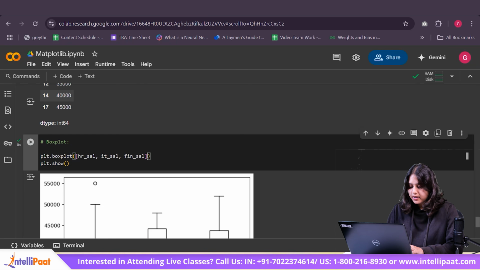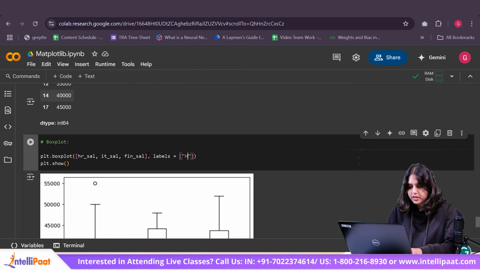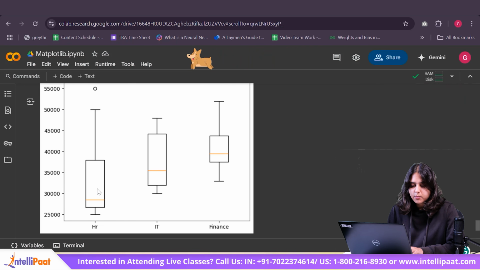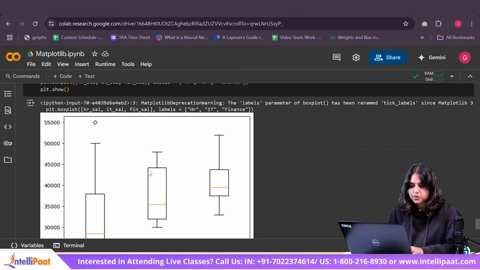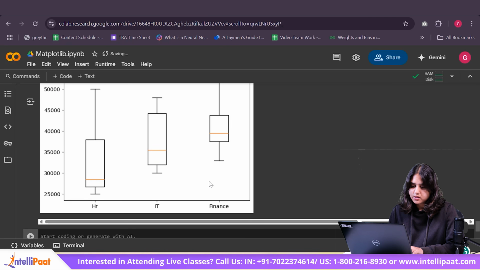In order to clarify that, I can say I want my labels to be HR, IT, and finance. If I run it now, you can see my first box plot represents the HR department, and I have an outlier value in the HR department.